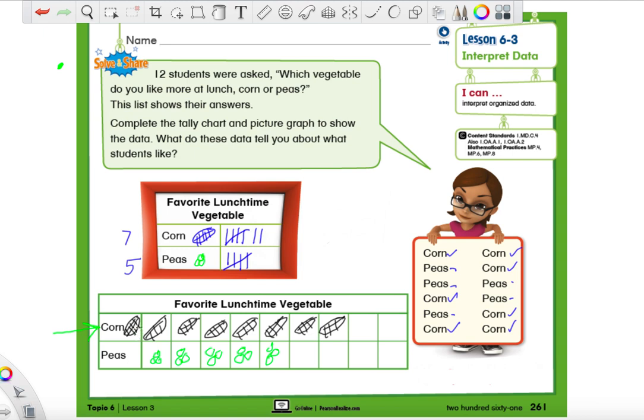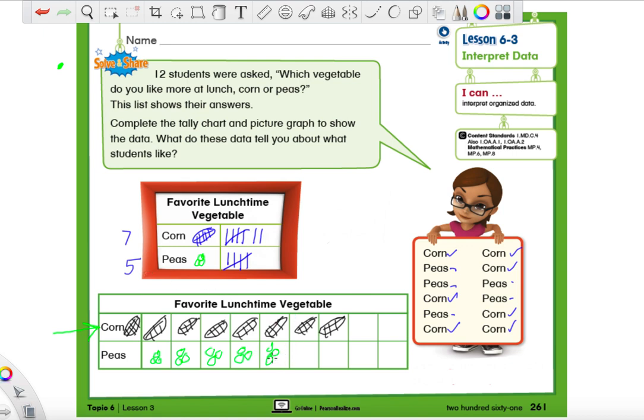How do we know it has the most votes? We know it has the most because, first off, if we look at the picture graph, we see it has more pictures. If we look at the tally marks, we can see it has more tally marks than the other one. But today we're going to be focusing on questions that are going to be a little bit more tricky. Not a ton. It's still going to be pretty easy, and you guys are going to fly right through this. You're going to be asked how many more votes or how many less votes. And for that, we just compare